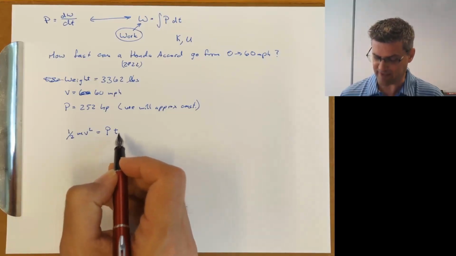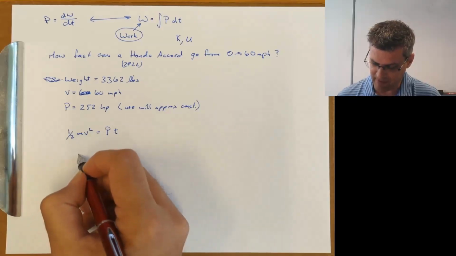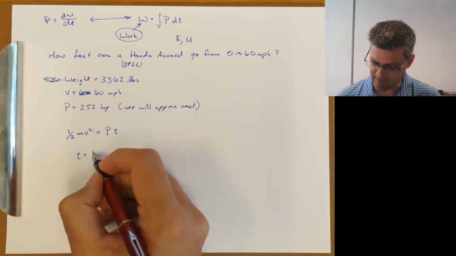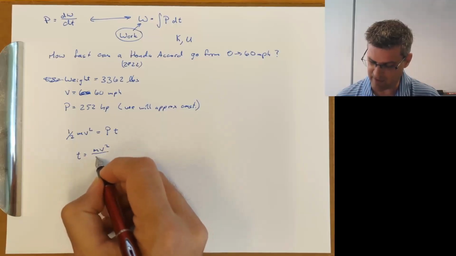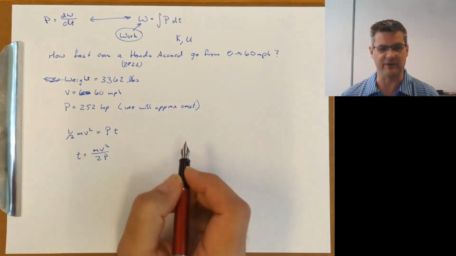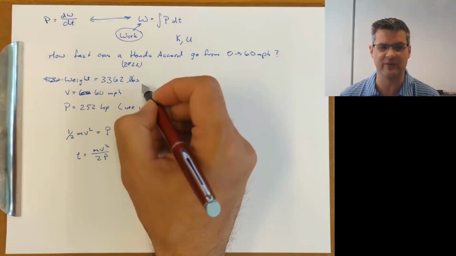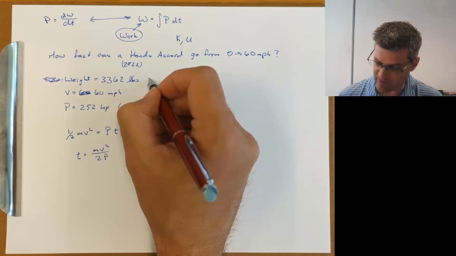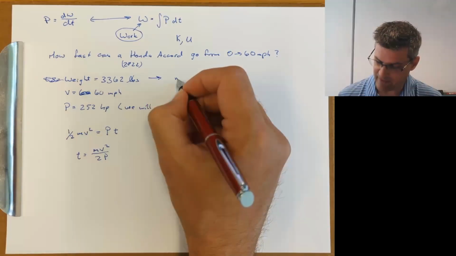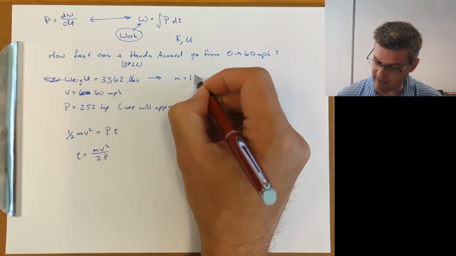So if we want to find the time it takes for the Accord to do this, we have to solve for time. And so for us, the time is going to be mv squared over 2 times the power. Now this is functionally what's going on, but up here we don't have any of our SI units that we need. So let's convert this weight to a mass,